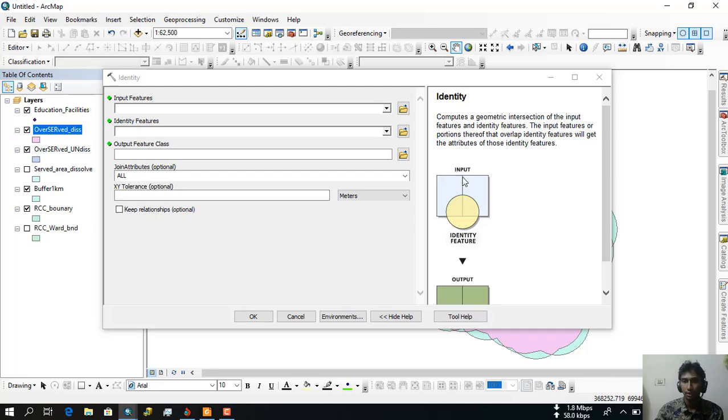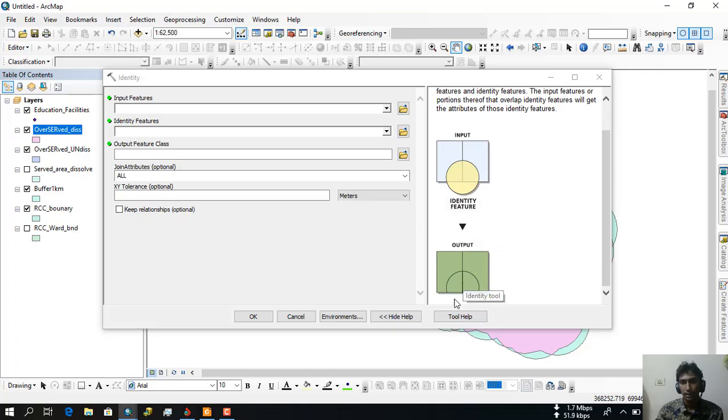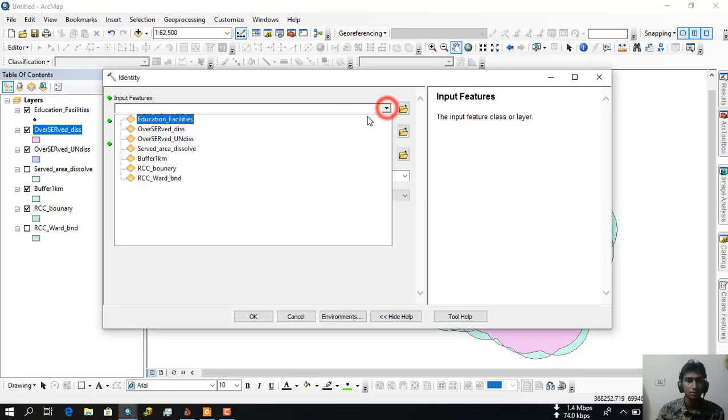Basically, if we give a feature as input and then select the identity feature, it will cut the features as of the identity feature. So for making the two features into one, we have to just